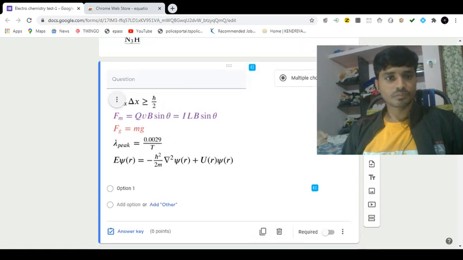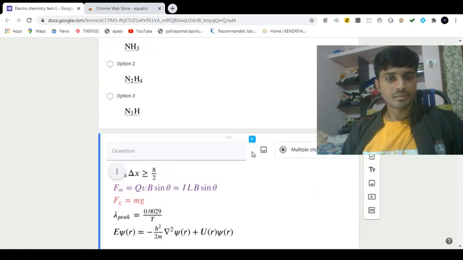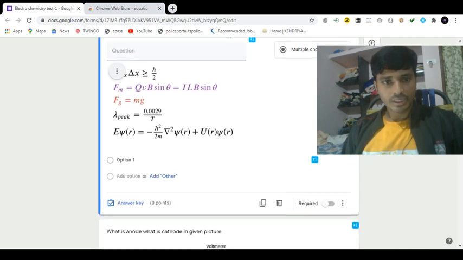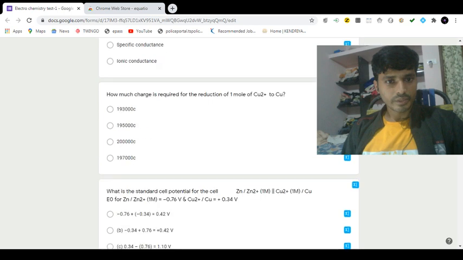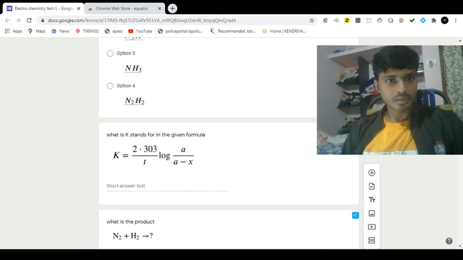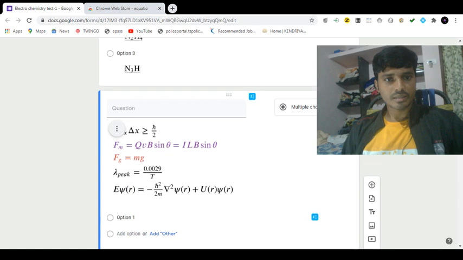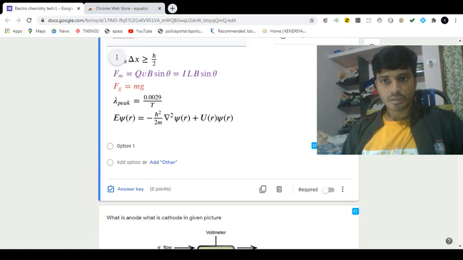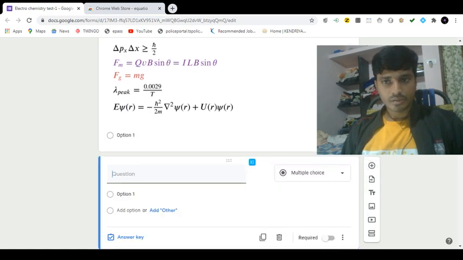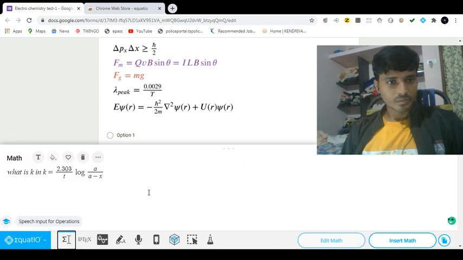That will take some time to insert. Where has it gone, where I have typed it? Okay, this is the question. K is equal to, what is K stands for? K is equal to 2.303 upon T log A by A minus X. It is here.